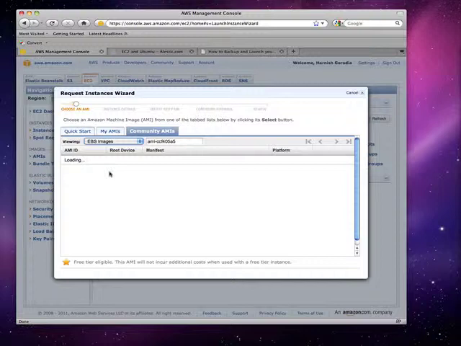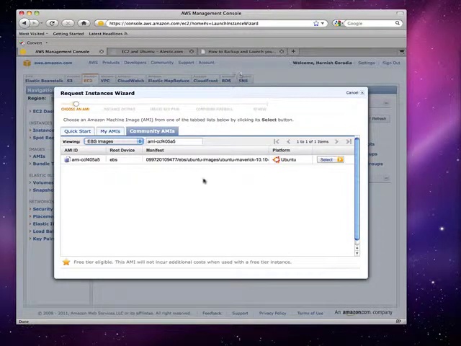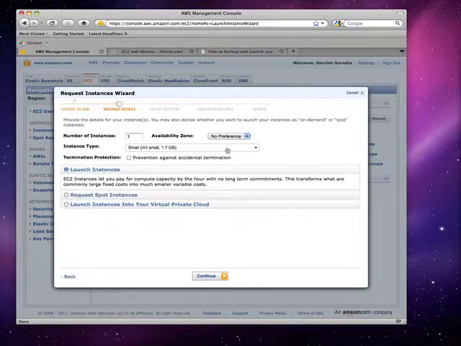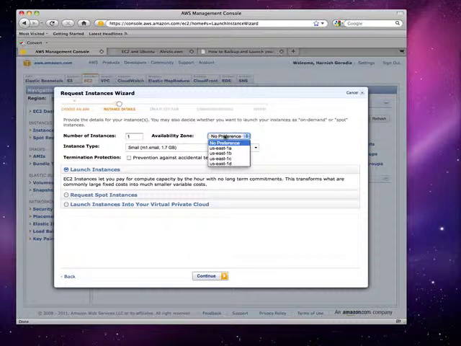It takes a little while. Okay, found an image. It's an Ubuntu platform image. Select that. Okay, I don't care about the availability zone. This in itself is a concept that I can go into for another 30, 40, 50 minutes. Given that we are only running this as a standalone instance, I don't have any preference.